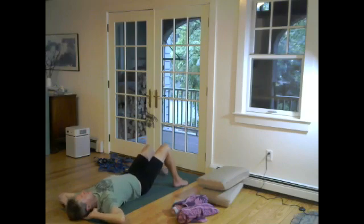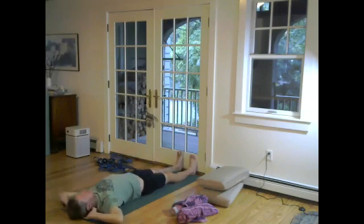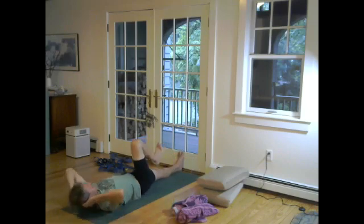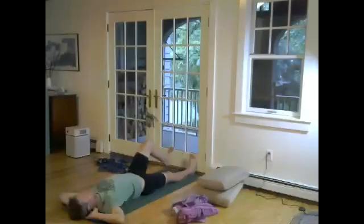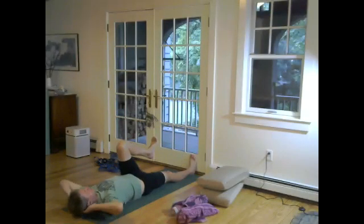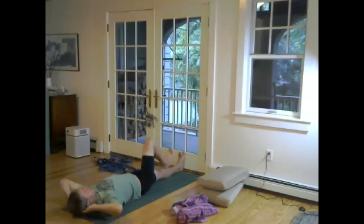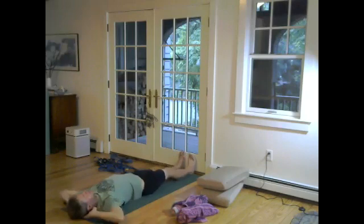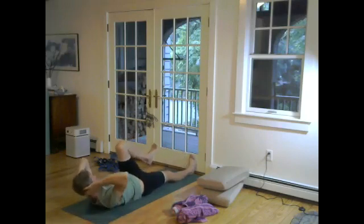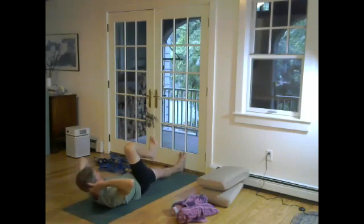And if people are wanting some extra work, they can straighten their legs. And as they exhale, pull one knee in. And as they inhale, straighten the legs. Exhale. Head comes up. And now we're connecting the hip, or the upswing of the hip on each side with the drawing together, the moving forward of the shoulders. We think of it as core, but if we think of the action that's happening in the hips and the shoulders,